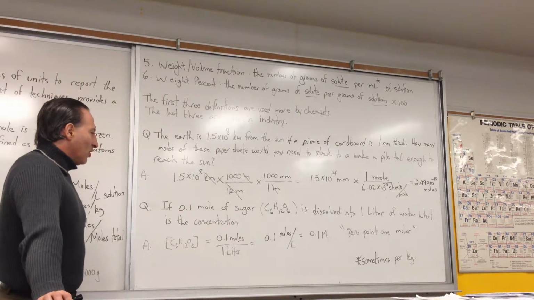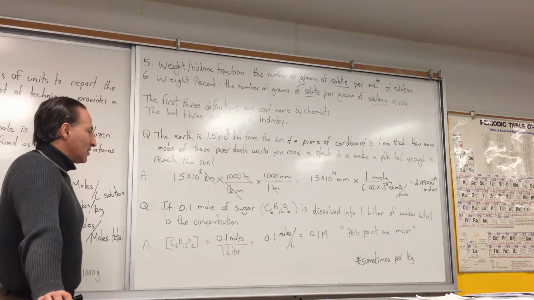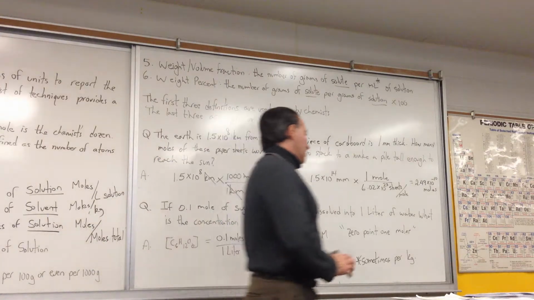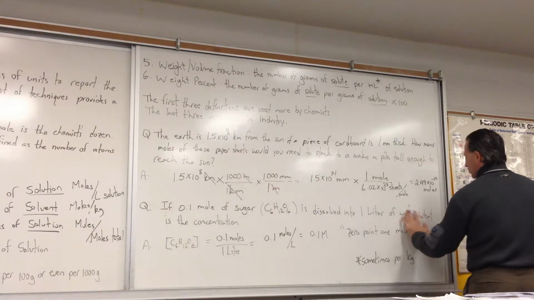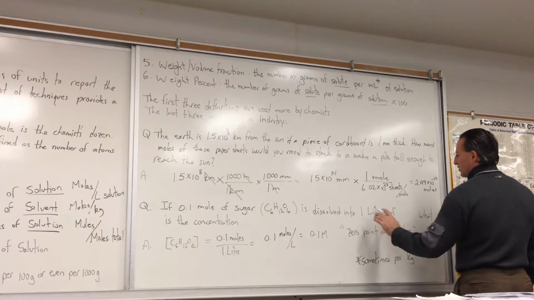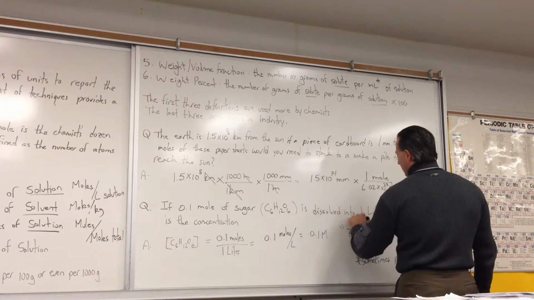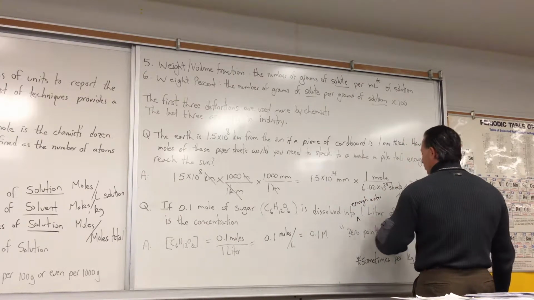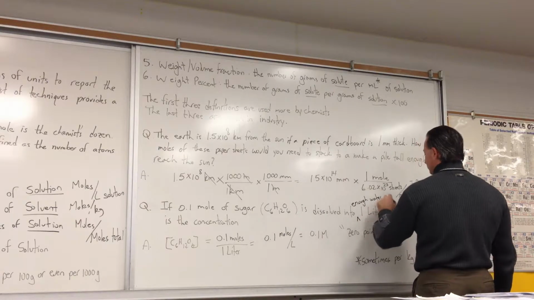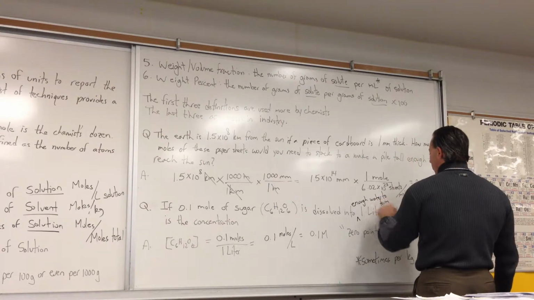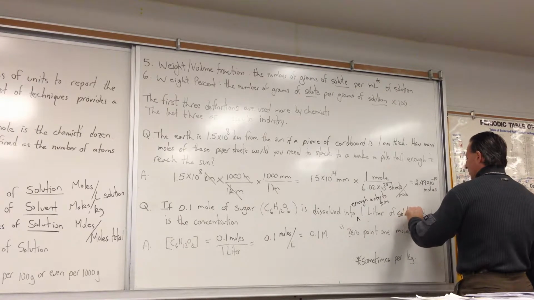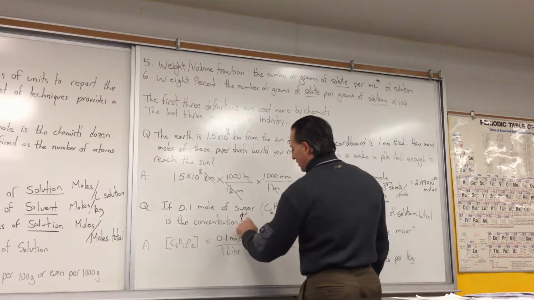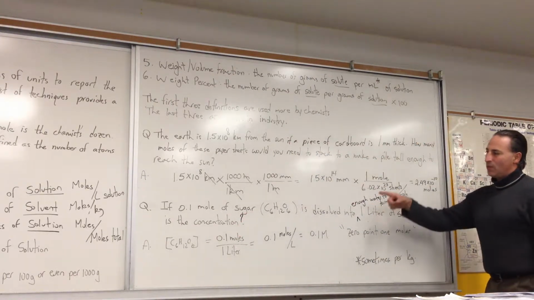If you have 0.1 mole of sugar, let's say in this case glucose, and it's dissolved into enough water, I want to say this accurately, enough water to form 1 liter of solution. What is the concentration? Okay, this may not seem like a very important point, and when the amount is that